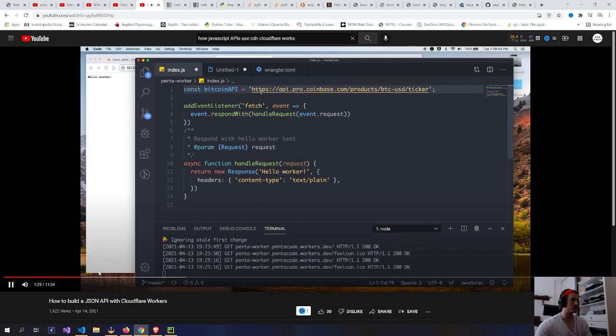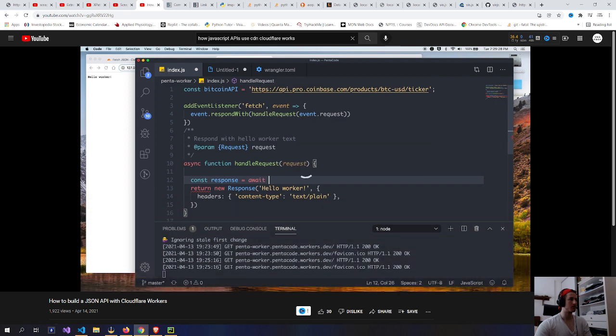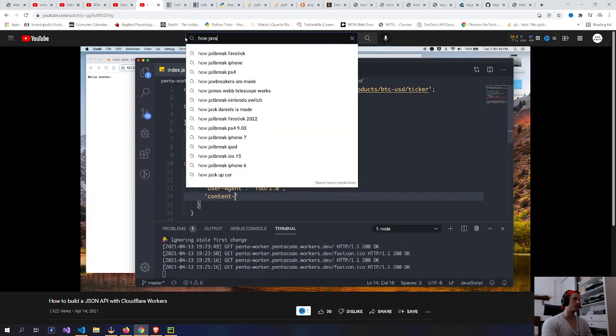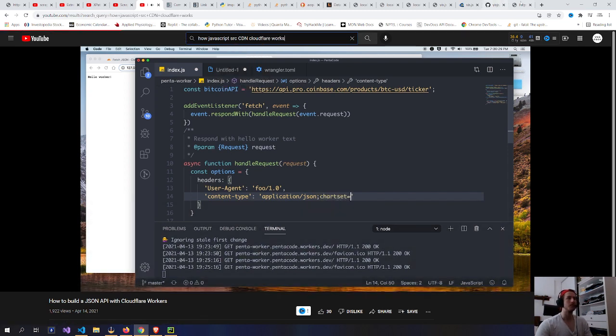You don't need any authentication. You can just hit the endpoint and you can get price information about Bitcoin. So that's easy. Now, how do we get the price of Bitcoin? Well, our goal for this is an async function. Content type, let's call this application JSON. And then let's set the charset to